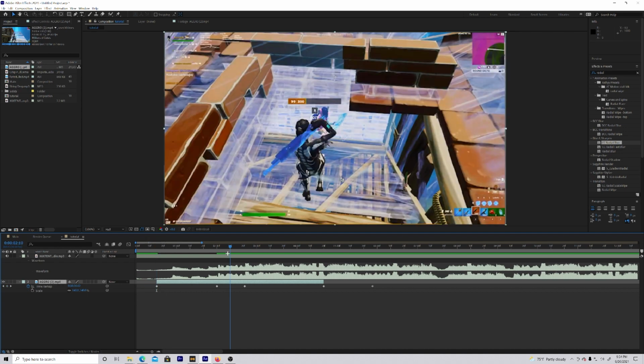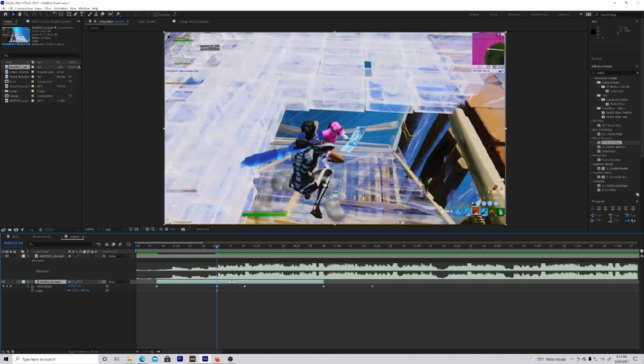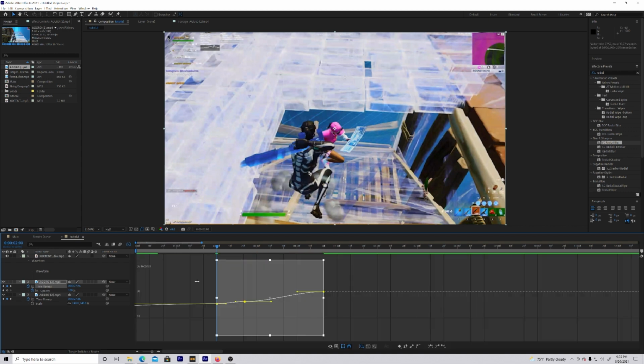Now, what you want to do is go to this keyframe right here, and you just want to split the clip, Control-Shift-D, and then you want to press U to open the other keyframes. You want to delete this one. These are just opacity keyframes. These might not be there for you if you don't need the opacity. And then you want to select all of these keyframes, press F9 on your keyboard to easy ease, and then